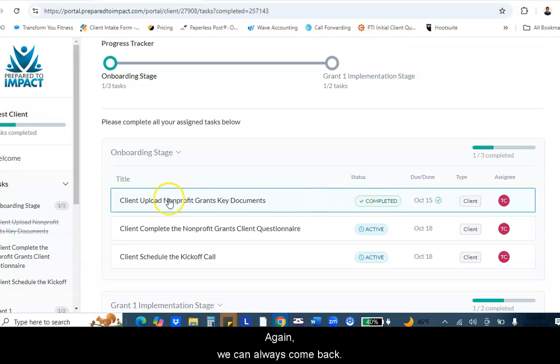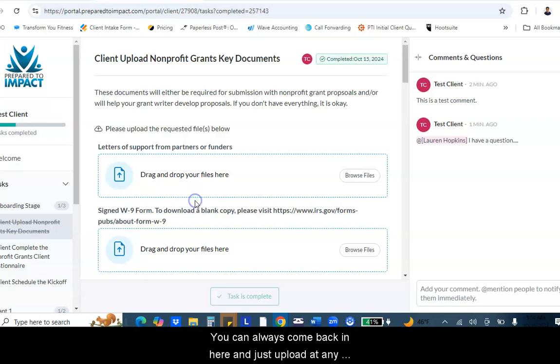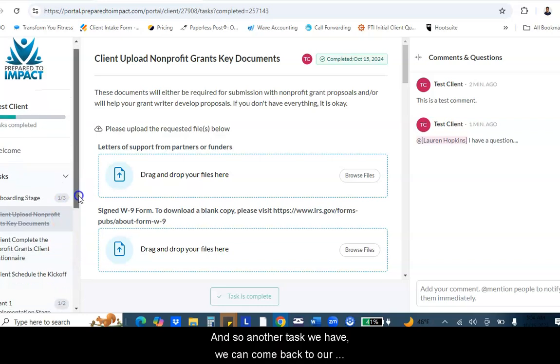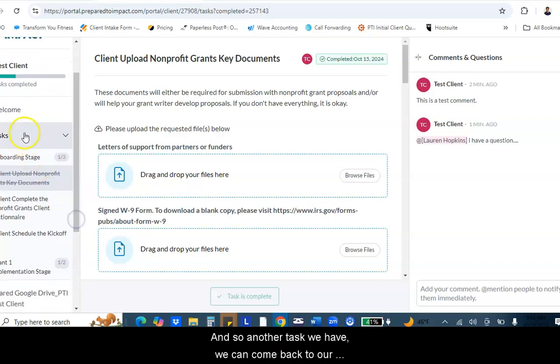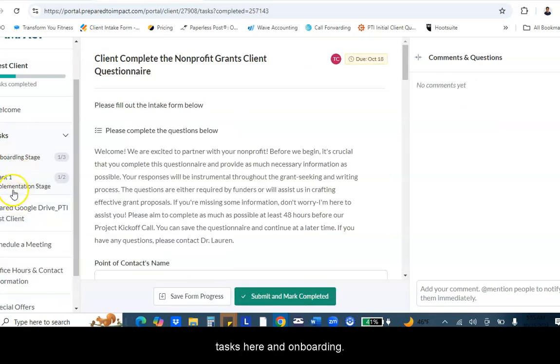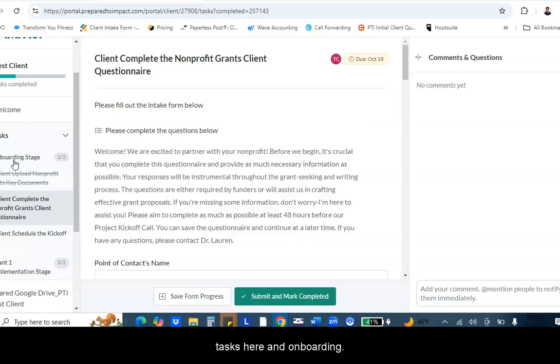Again, we can always come back. You'll always have access to this task. And so say, for instance, you needed to find the organizational budget or your IRS documentation, your 501c3 determination letter or whatnot. You can always come back in here and just upload at any point. Okay. And so another task we can come back to our tasks here and onboarding, and let's come right here